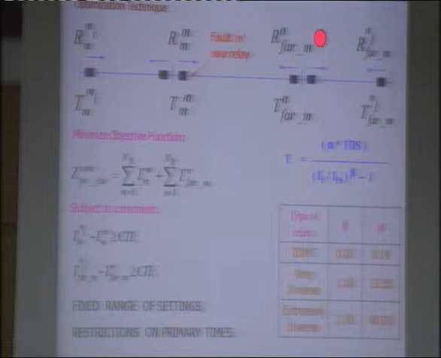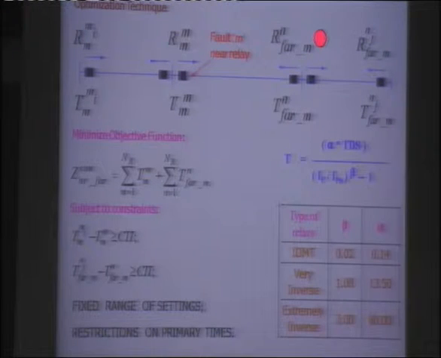If there is a fault at that point, then the two black boxes at either end of the relay are required to operate. Those are known as primary relays. If they fail to operate, then the next, at the extreme end, the leftmost RMMI, that relay should operate in case that RMM does not operate. Similarly, that R for MN is required to operate from that side, and if that does not operate, the last one, RNJ for M, is required to operate.